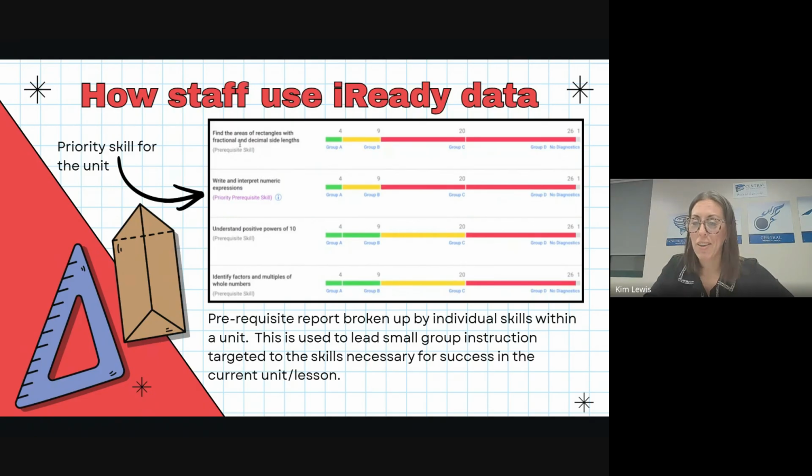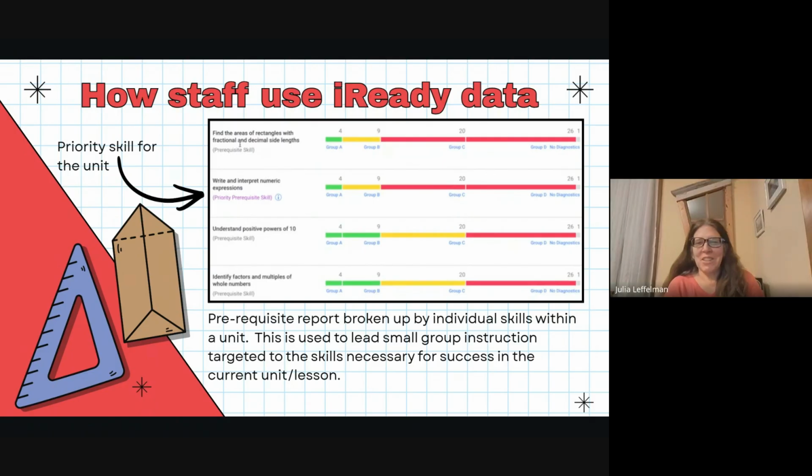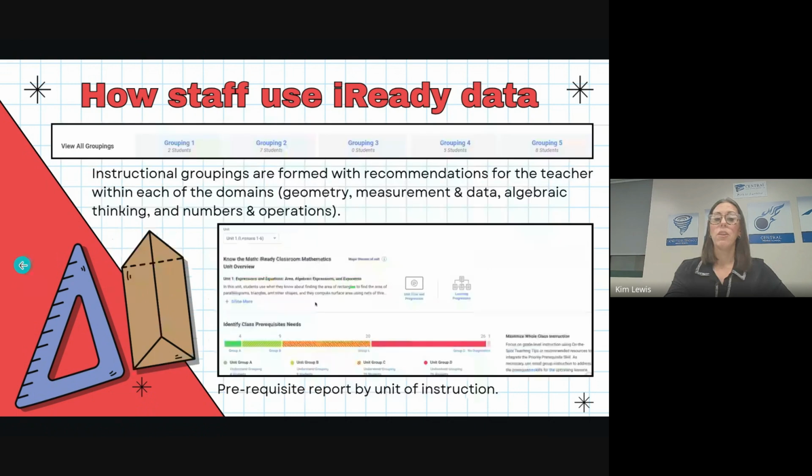All right, Ms. Leffelman, you got a question for me? There is a question on the chat. It says, if groups are created based on iReady scores, then are they separated to teach those gaps? So yes, as we talked about earlier, some of those pages are done for whole class and others are done in small group setting. So if they're in a group and they're behind, when that teacher pulls them for small group, then they are working on something more specific to the needs of that group rather than in the whole